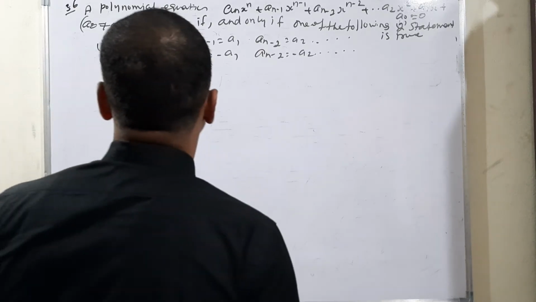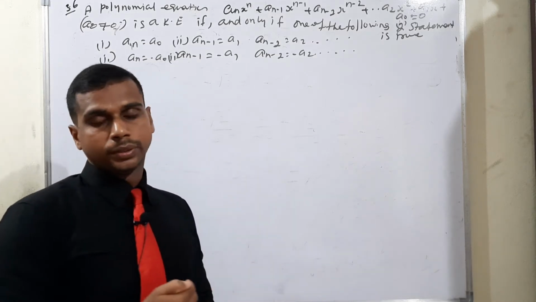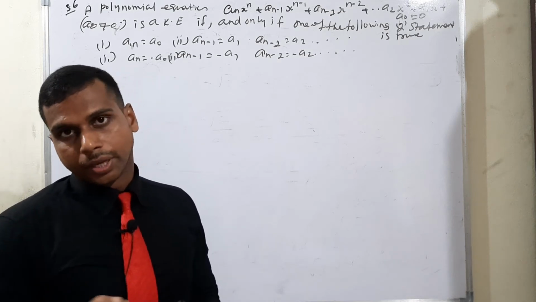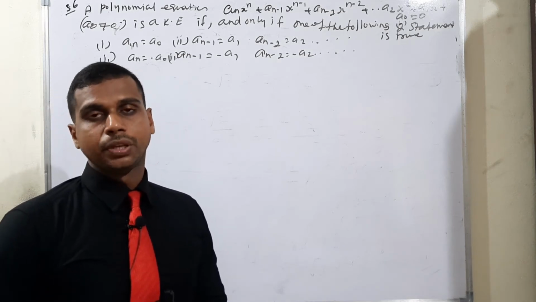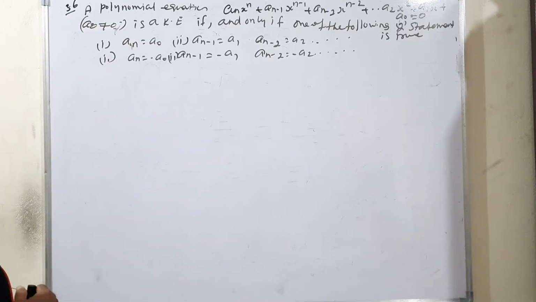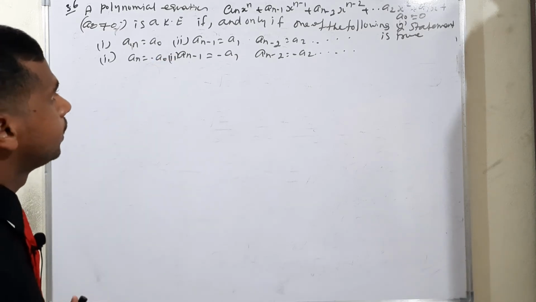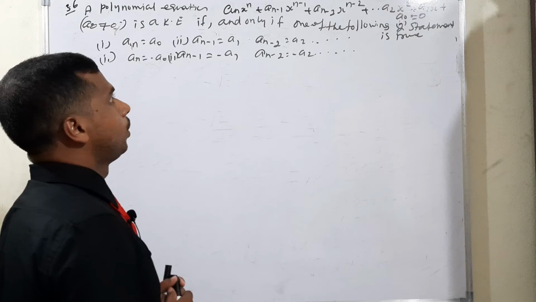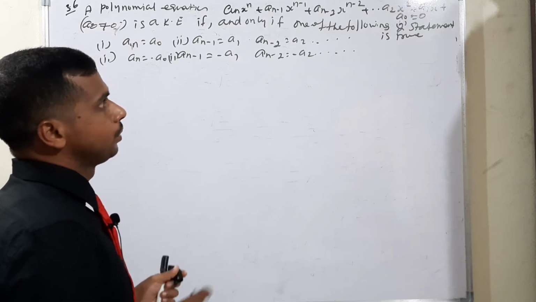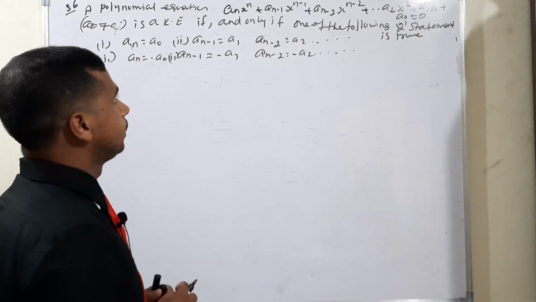So, one important continuation of reciprocal equations. I proved that it is a reciprocal equation when P of x is equal to x to the power n into P of the reciprocal, that is P of 1 by x. Here also, the same, theorem 3.6: a polynomial equation an x to the power n plus an minus 1 into x to the power n minus 1 plus an minus 2 into x to the power n minus 2, dot dot dot, a2 x square plus a1 x plus a0 is equal to 0.